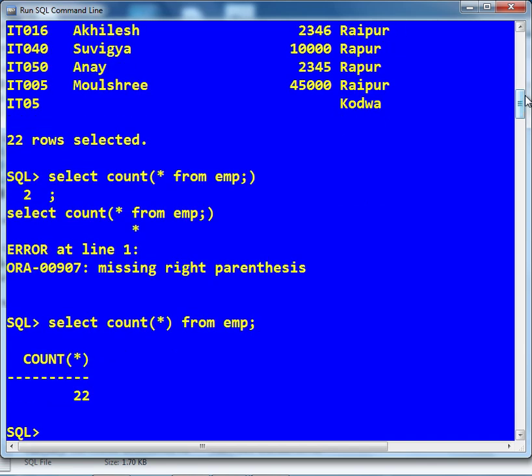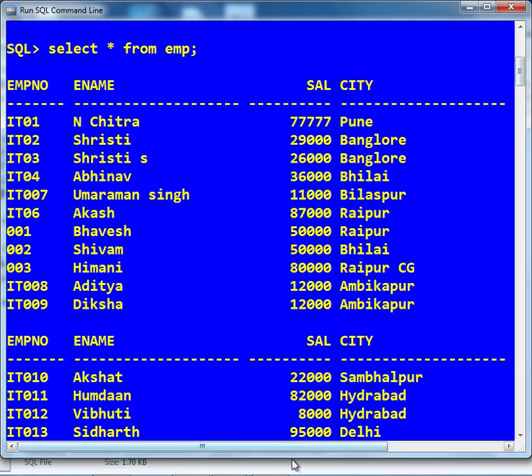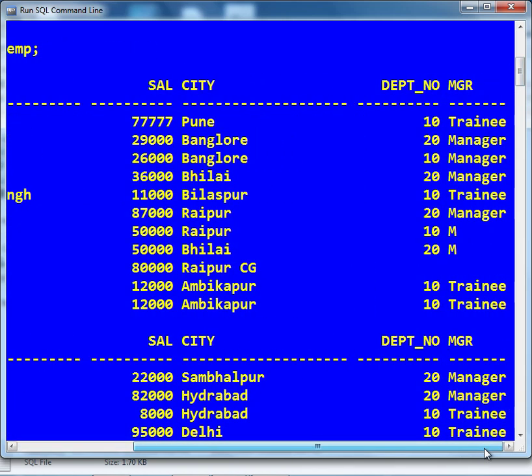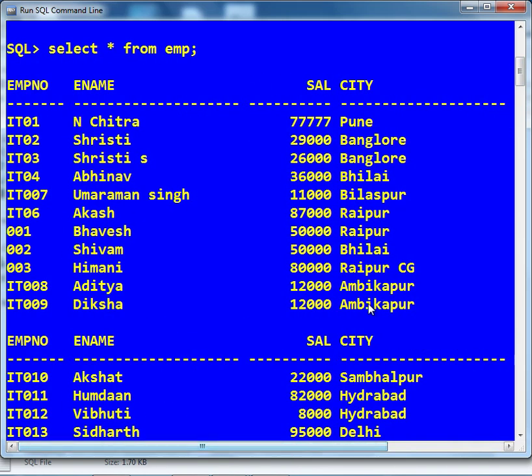So it is giving me the total number of rows, 22. Okay, just see there, if we have a null value then it will affect the values. Now we don't have a null value there.